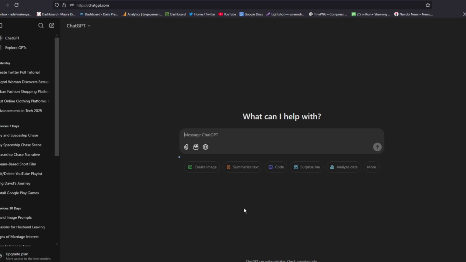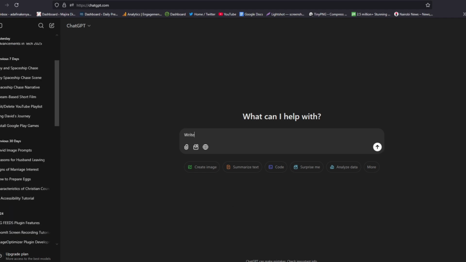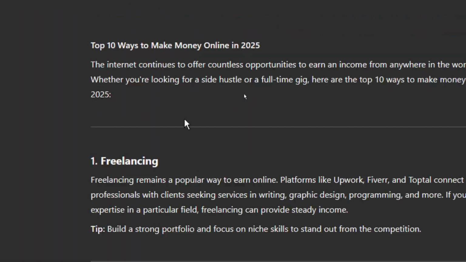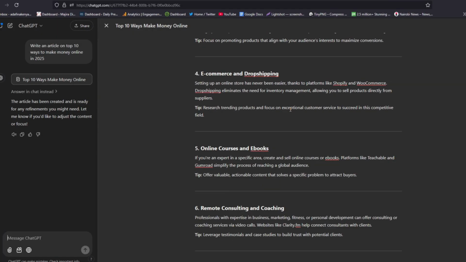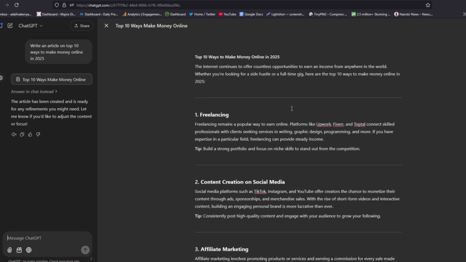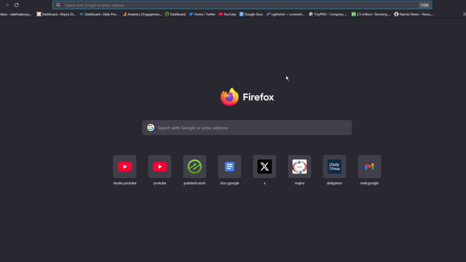So let's go ahead and create our article. Our article is ready. I want to translate this article from English to Spanish. If we ask ChatGPT, it will do it for us, but I want us to use another tool from Google that will give us a more refined and detailed translation, and this tool does it perfectly well, and this is